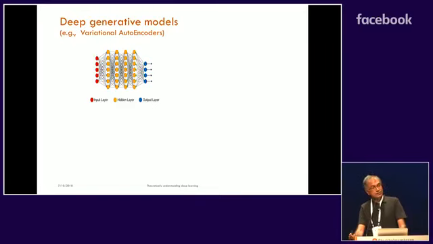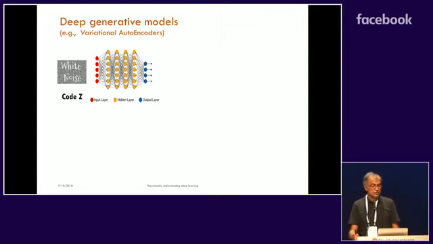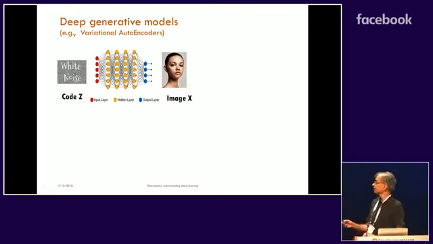So which brings us to deep generative models, which try to learn this code. And what they're assuming is that the distribution of codes, the marginal distribution of codes, is like a random vector, so a Gaussian. So the mapping from codes to images is computed by a deep net, and you input some Gaussian vector here, and out pops an image, a real image. So that's the goal of generative modeling.